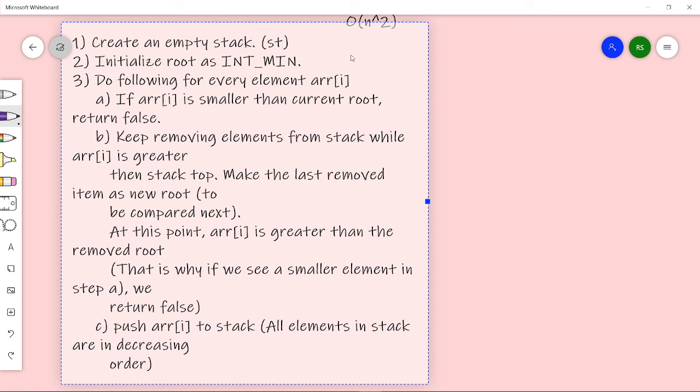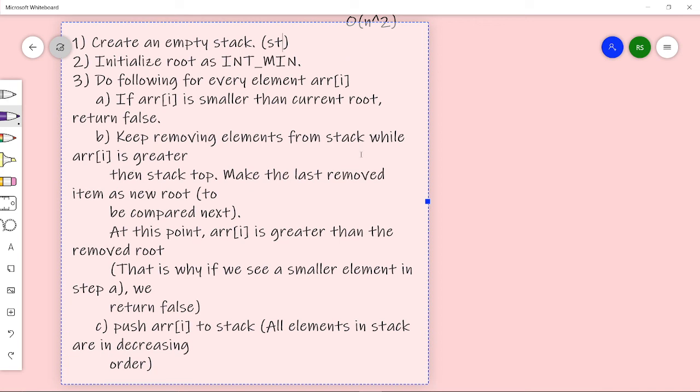Now for every element in the array, we will see if the element is smaller than the current root, then the answer is false. Otherwise, we will keep removing elements from the stack till I get the larger element. That is, I want to just pop out all the elements which are smaller than the current element.